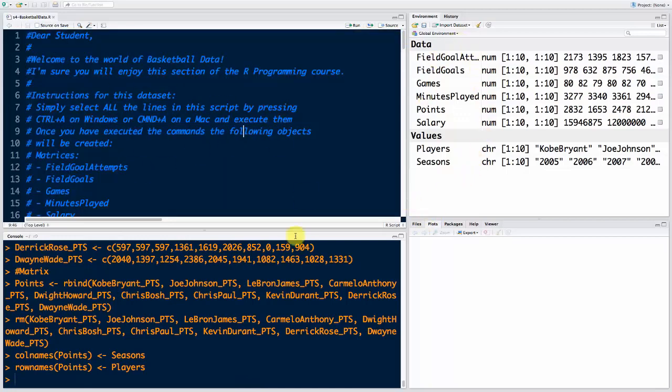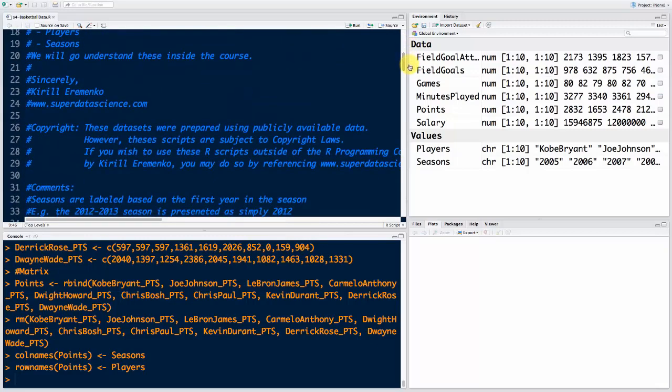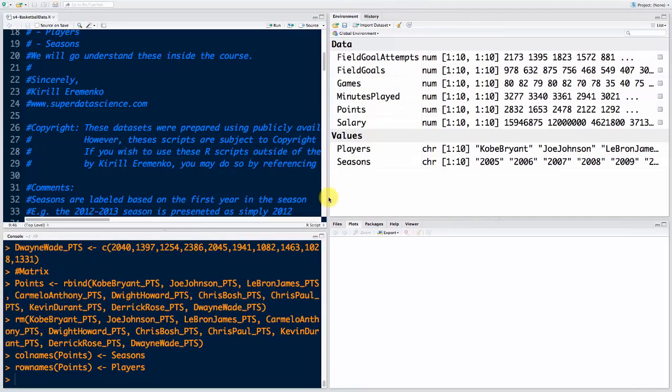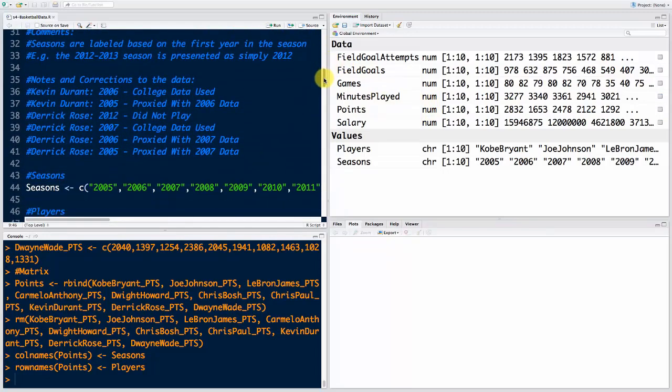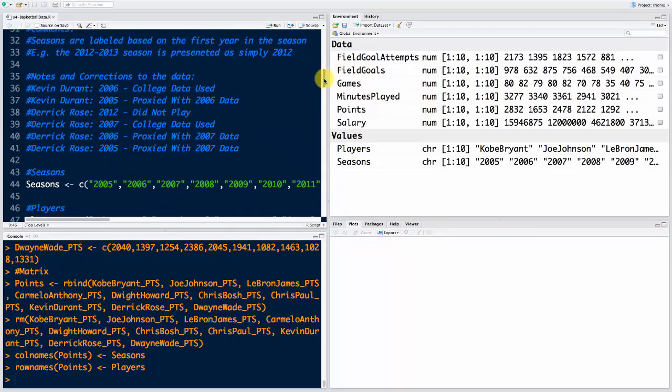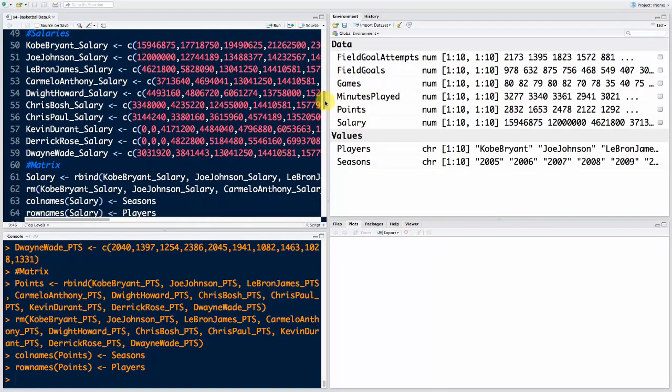So basically this script is used to supply you with the data. That's because we haven't yet studied how to import data from files and so on, and it's a bit early for us. That'll come later in the course, but don't worry, we'll get there. But for now, this is just the easiest way for us to get the data into our environment. So once you have the data, there we go, it's all populated. I know this might look like a lot, and it might look a bit overwhelming at first, but don't worry, that's what data science is about. There'll be lots and lots of data, and our goal is to learn how to manage it